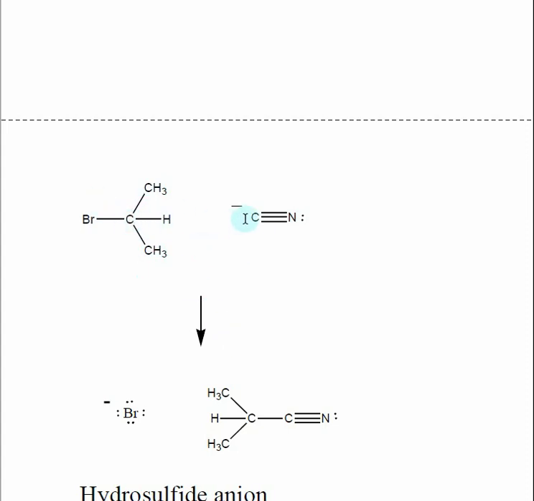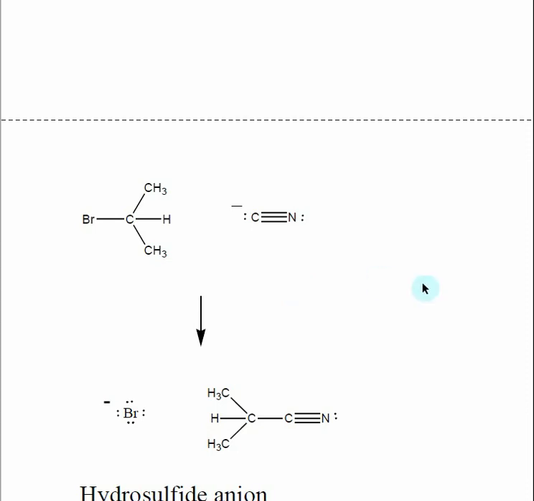This is my electrophilic carbon, and this is my nucleophile. The nucleophile is the one with the lone pair electrons and negative charge in the beginning. What I end up doing is I kick off my leaving group, bromine. My leaving group gains a negative charge, and I connect my nucleophile and my electrophilic carbon. So we end up forming this carbon-carbon bond during this reaction. We'll see how the electrons move in a little bit when we see the actual mechanisms. When we start showing arrows, it might be a little more clear. But really what we're talking about is substitutions in general, and